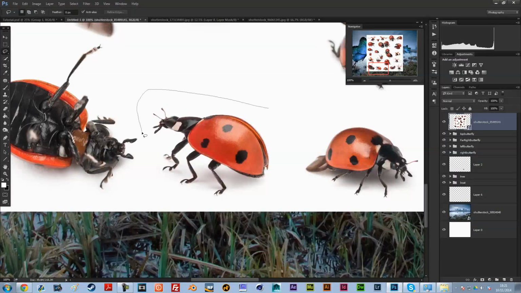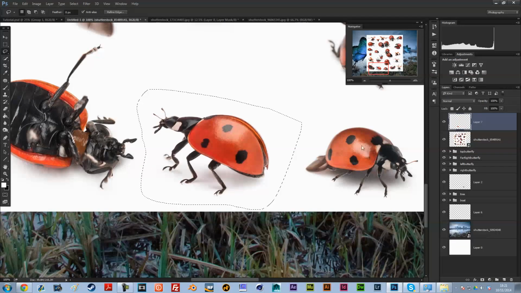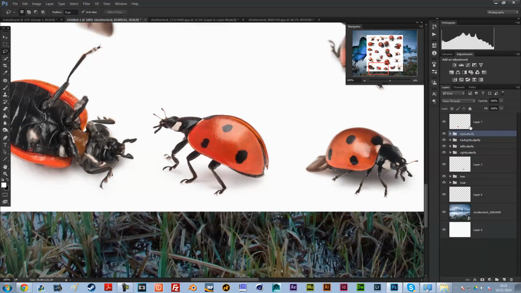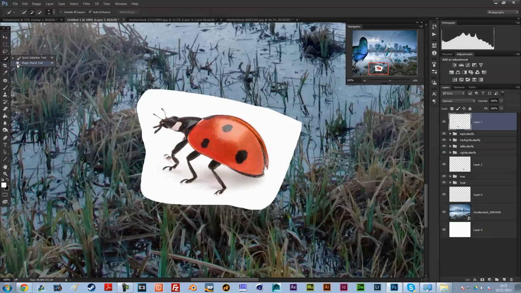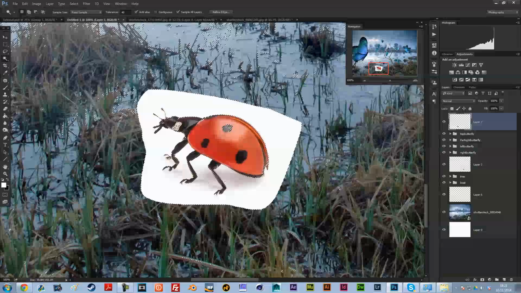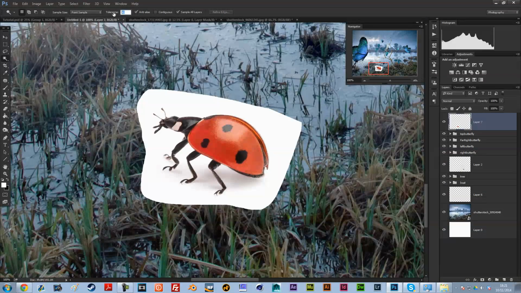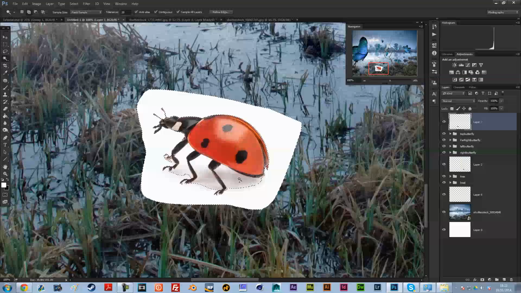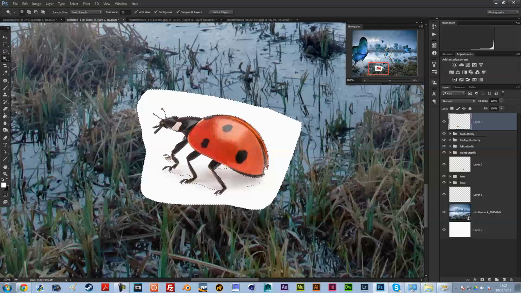So I'm going to just first of all go around him, cut him out. Don't need the rest of that. And then let's choose the magic wand. Let's get a tolerance of 40. That might be okay. Let's grab that, and let's see if that's okay. Not the greatest. Let's go back down to 20 tolerance. Click contiguous. Okay, so